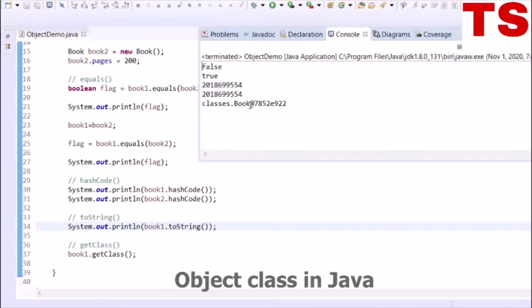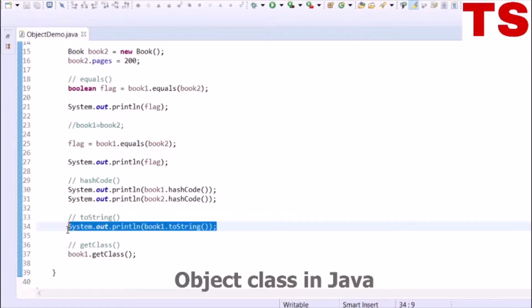Now this is in the format fully qualified class name concatenated with @ and the hexadecimal representation of the hash code of that object.